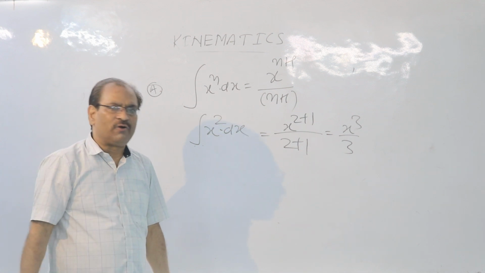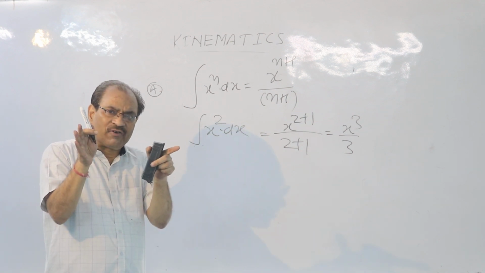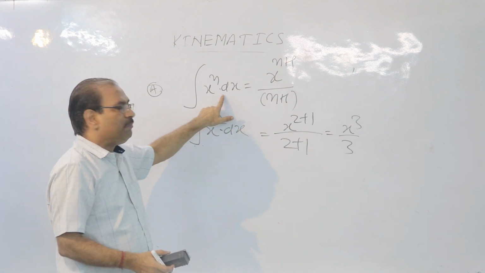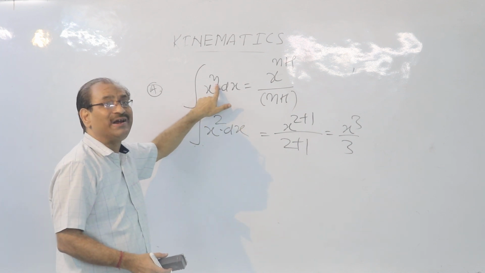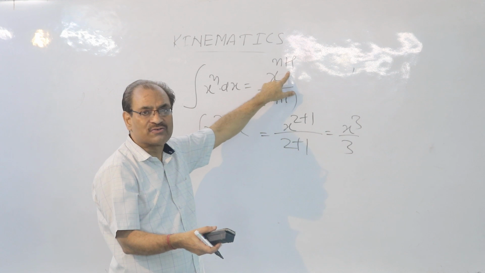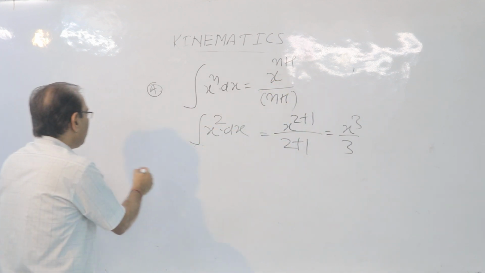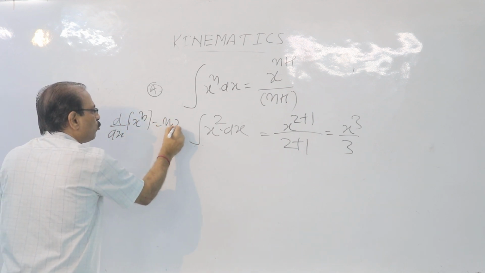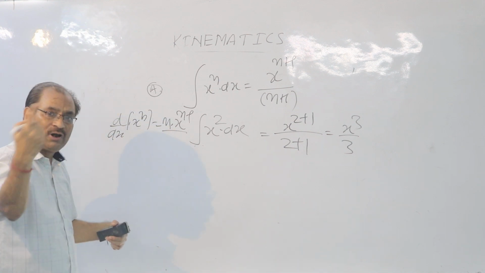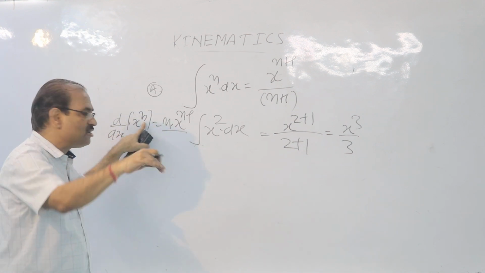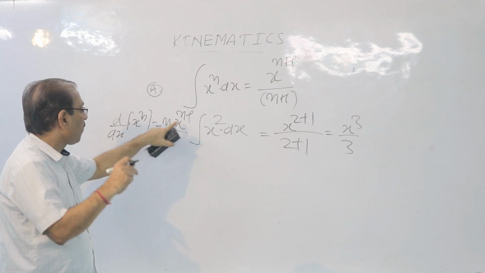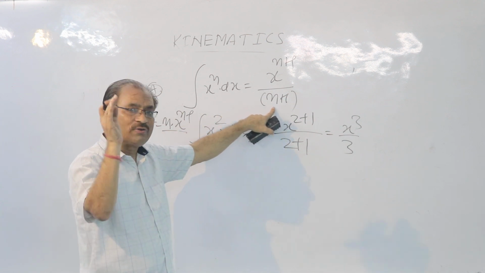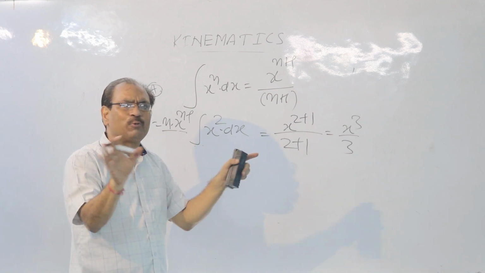Now I am in a comfortable position to tell you the basic difference between the nature of integration and differentiation. Children, before integration, the power of x is n. After integration, it becomes n plus 1. In differentiation, we have seen d upon dx of x to the power n will be n into x to the power n minus 1. So before differentiation, the power is n. After differentiation, it becomes n minus 1. So here the power of x decreases and here the power of x increases. So that's why you can say the two processes are just opposite to each other.